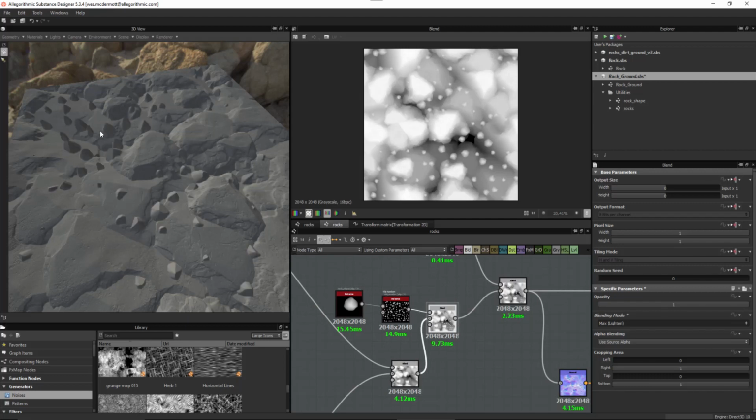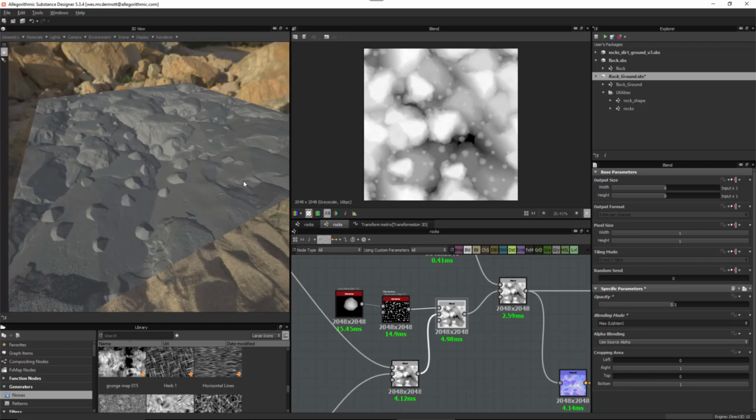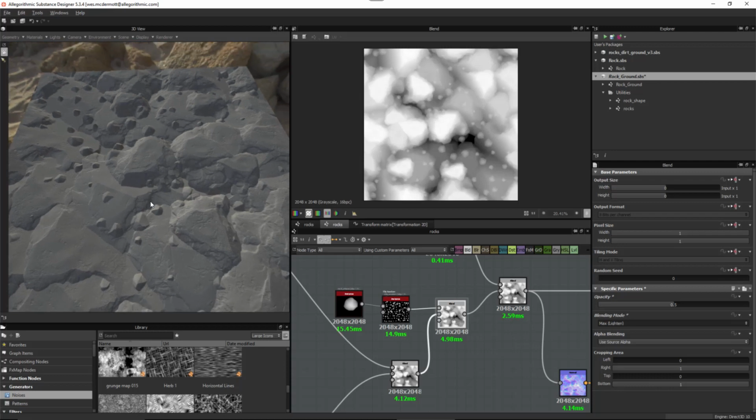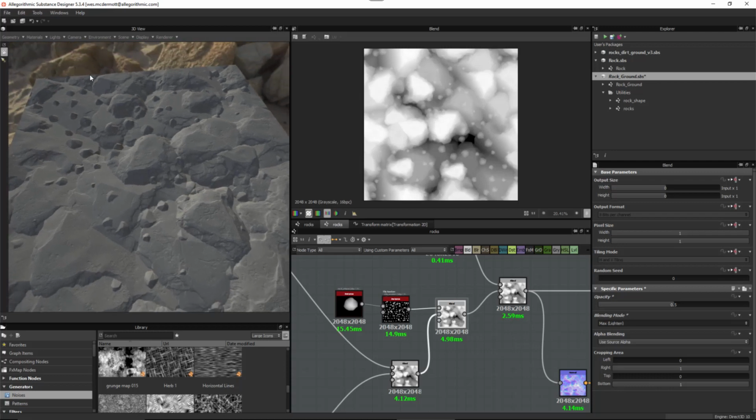So this is going to put us right back to the situation we had before where the pebbles are being displaced way too high. However, since we've broken this out into its own node, we can utilize this opacity. So I'm just going to drop this to 0.5. Now you can see that I was able to drop the height value for just those pebbles. That's going to give me the overall depth range that I need for both the rocks and the pebbles, for when we're using a very high scale value. And it's also going to work